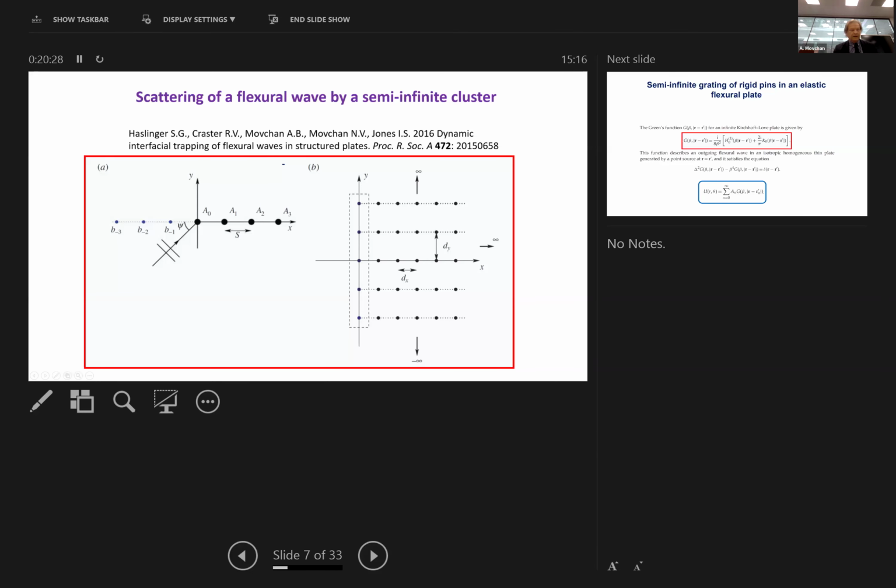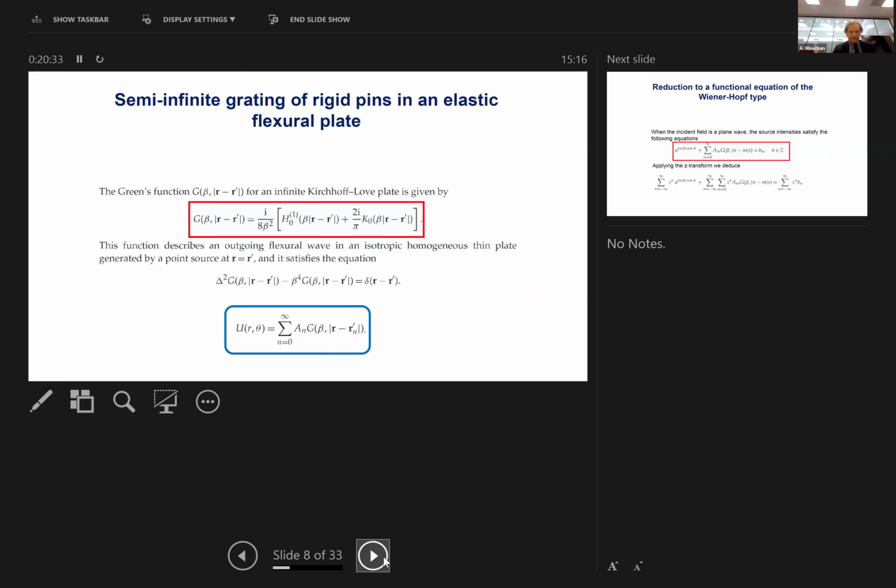Right, okay, now I have to go to the next slide. So first, in this case, I mentioned the flexural plate. So that's the operator. It's delta squared, where delta is the Laplacian. This is the biharmonic operator, and that's an operator of order 4 for the flexural plate. Beta is the spectral parameter, and it's proportional to the square root of omega, where omega is the radian